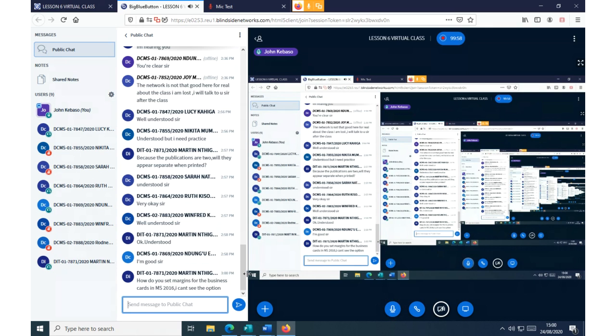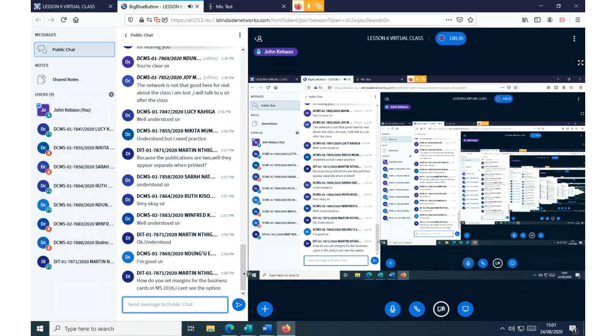I will do that. So from this particular conversation, there are 2 things that have come that can directly give us our winding remark. One, practically dividing the page on the current topic we are talking about, and 2, setting the margins on a business card using 2016. So allow me to go through those briefly, and then at the end of the day we shall have the closing remark, and then we shall be able to proceed.